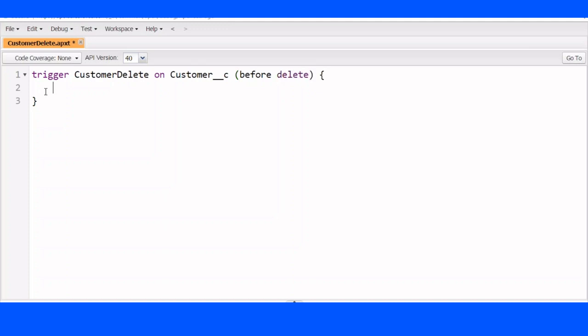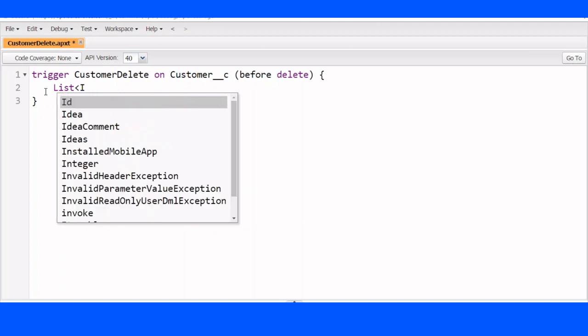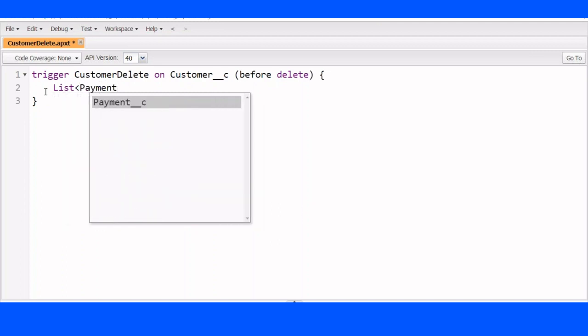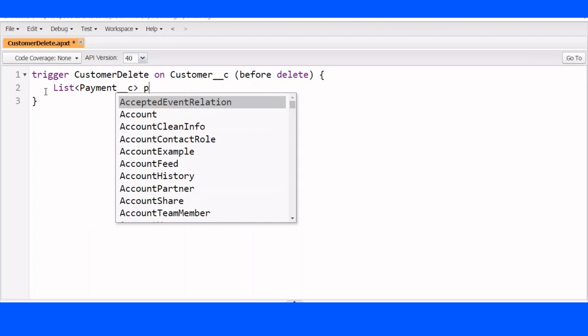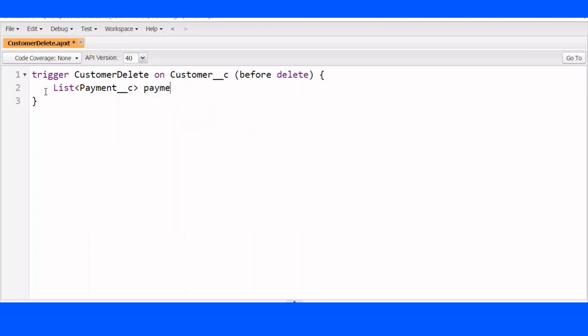Before delete. Then you want to write a logic? Straight away write the logic in the trigger. Let us see. List of